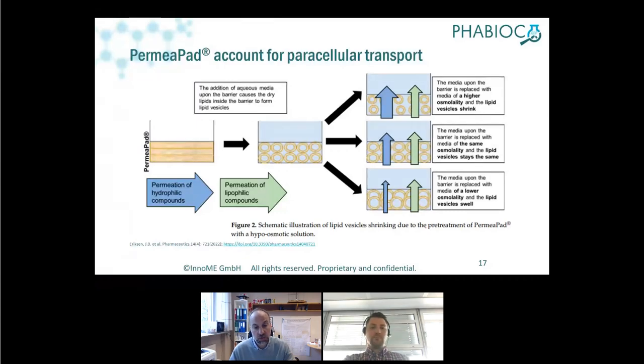So using isotonic solution in the acceptor and the donor, or making the solution more hypotonic or isotonic. And the result was that with the PermePed, we could actually get up to 50% deviation, reduction or increment of permeability values according to the tonicity. Why is this important? Because this is exactly what would happen in real life. The cells are also subjected to tonicity environment changes, and also the permeability